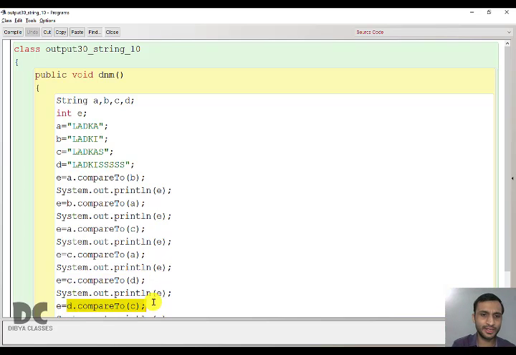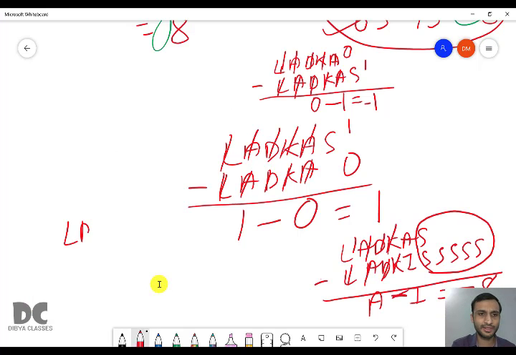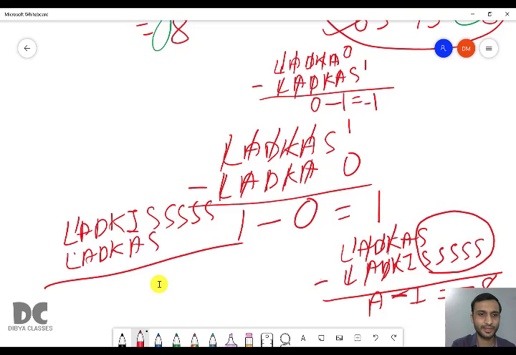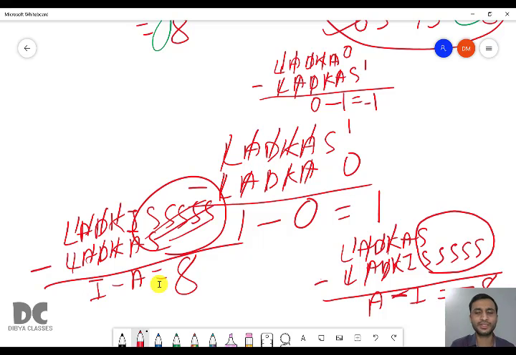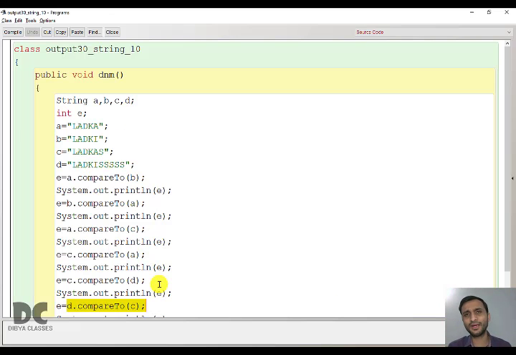Similarly, if you compare D with C, that is ladkis with ladkas, LADK cancels, I minus A, and the answer is 8. You don't have to solve the rest of the part. You have to subtract only once.